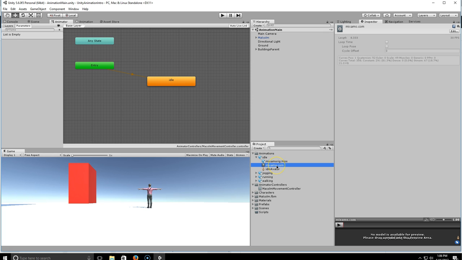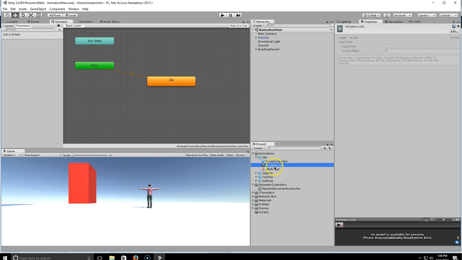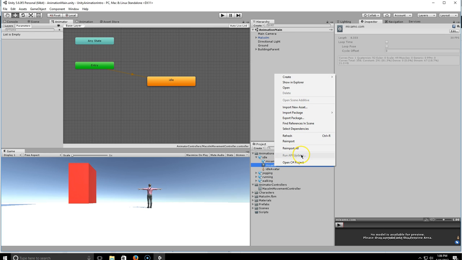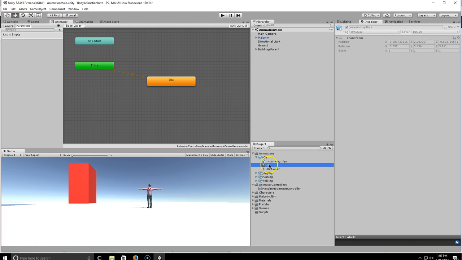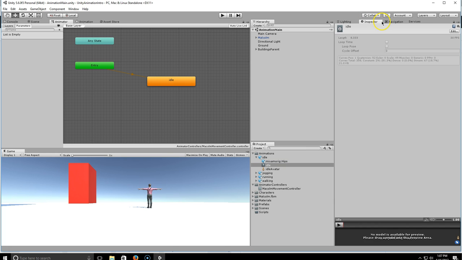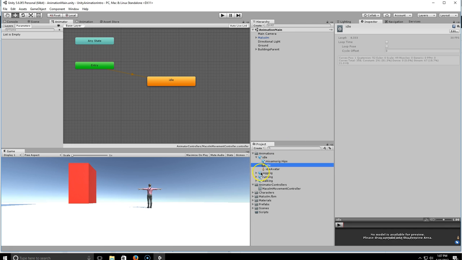So we need to rename these. Let's rename these guys. Where's the rename button? Okay, so we want to go to our inspector, press edit, and then here we can rename our animation. So rename it idle, grab it, and so now it will be called idle, and let's do that